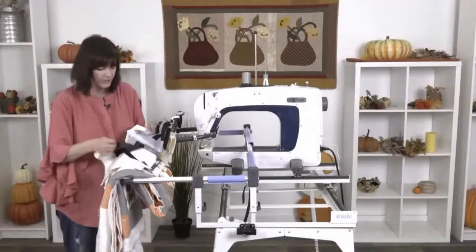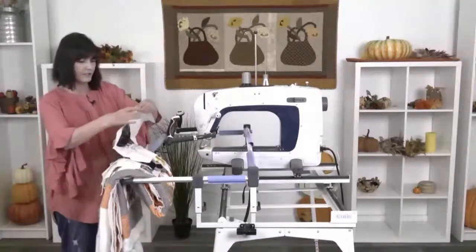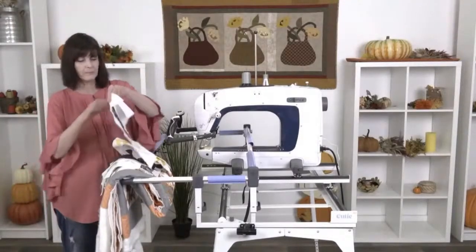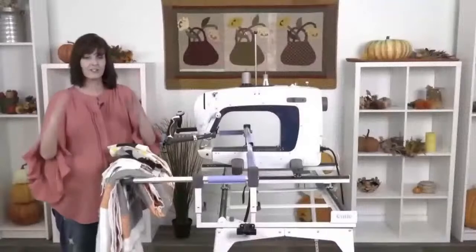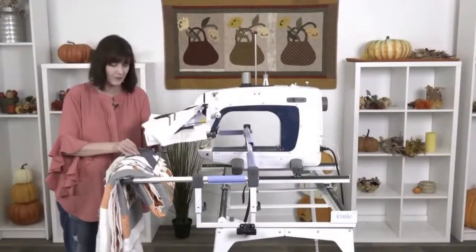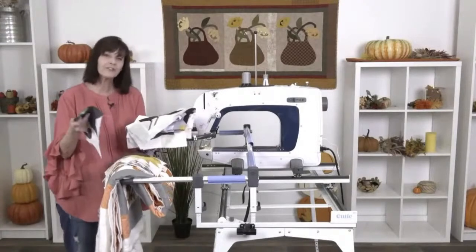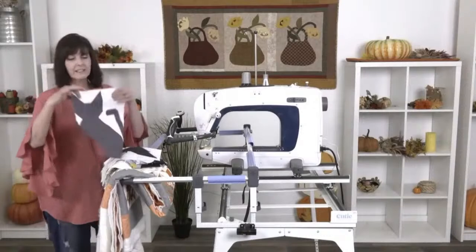And then here's my crows. I thought they were a lot of fun. So notice that they're not squared up. So they turned out really cute, didn't they? It's a lot of fun, and I have them facing each other. So that was an extra little thing that was a little difficult to figure out because I'm not mathematical, but I did it. Here's my cat,